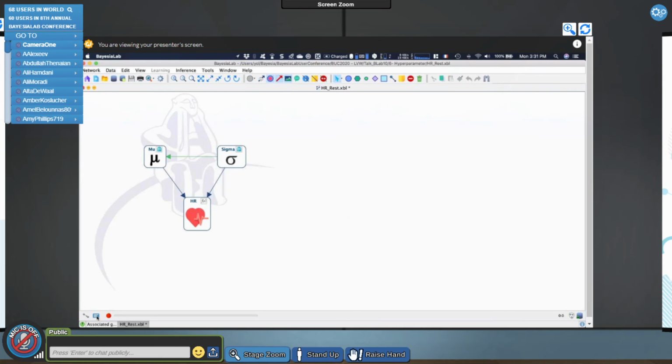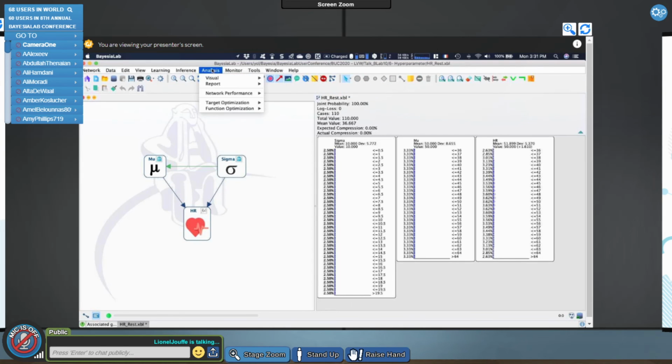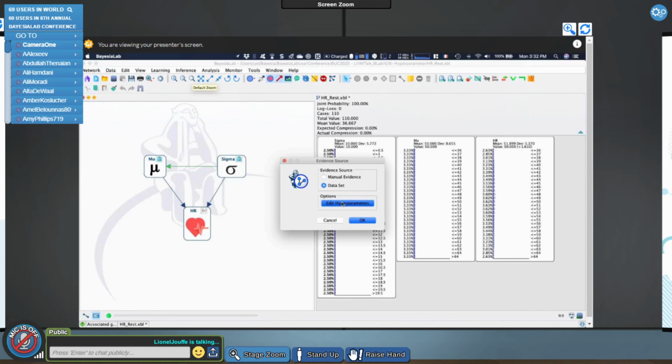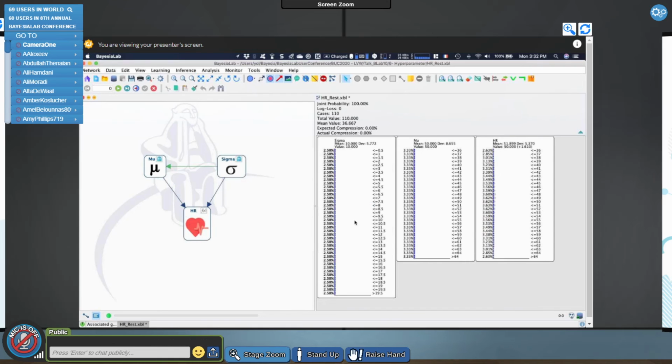And now I can do the same thing here. Nice, hyperparameter updating data set. So my hyperparameters are still there. And now you see, you have the weights here. So these weights are also taken into account for updating the probability. So this is one row per heart rate value, and at the end of the day, I have the same feedback, the same output, right?